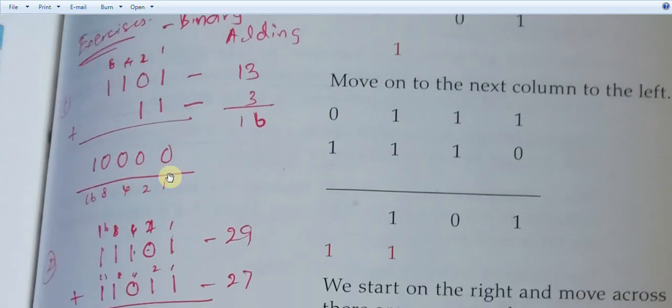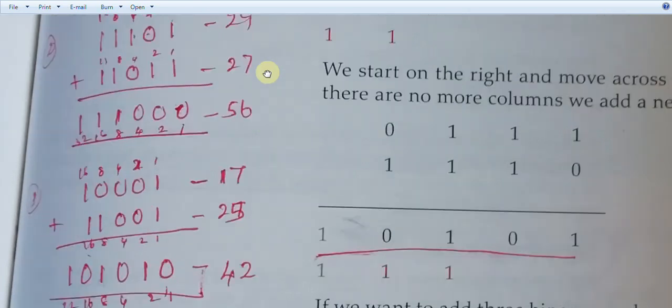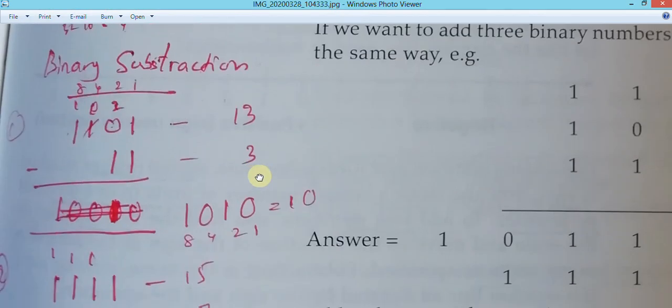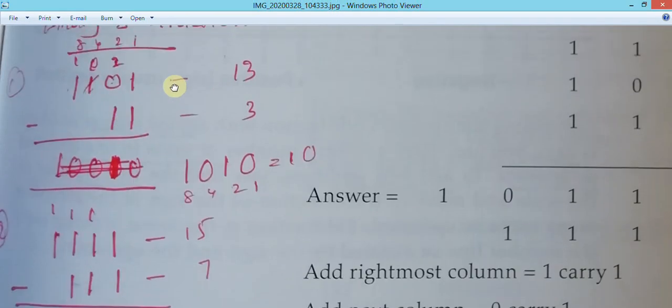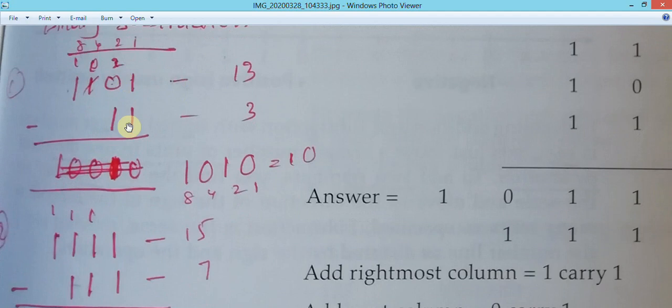And if you look at this one, this is 1 2 4 8 16, so we have 16 as the answer here. Similarly, if you do the subtraction, you can see 1 minus 1 is 0, and here we need to borrow 1 here. So when you take this, the value that we bring is 2, just like in the denary number system, base 10 number system, 2, and 2 minus 1 is 1, and here it's 0, so it's 0, and